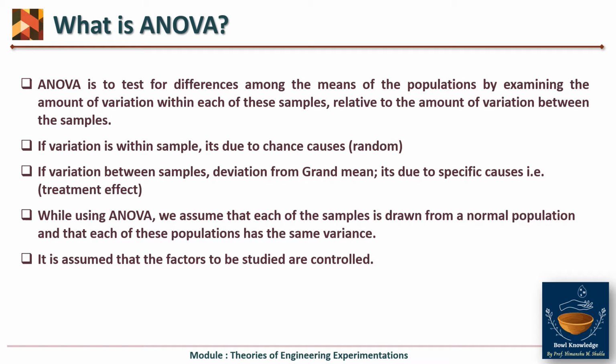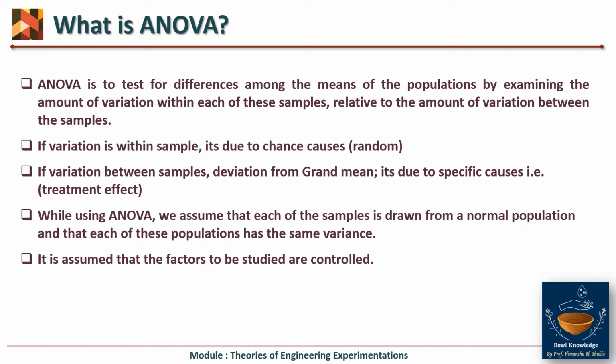What are avoidable causes? Human error. Now can you avoid it or not? The answer is yes. If you perform the experiment very well as per the standards, then you can perform the experiment without error. So this is called avoidable errors, which are called assignable or specific causes. So what is variation within sample? It is due to chance causes, unavoidable causes, which we cannot stop, like machine vibration. If some machine is moving, there will be vibration. We can reduce it, but we cannot eliminate it completely. So it is due to chance causes.